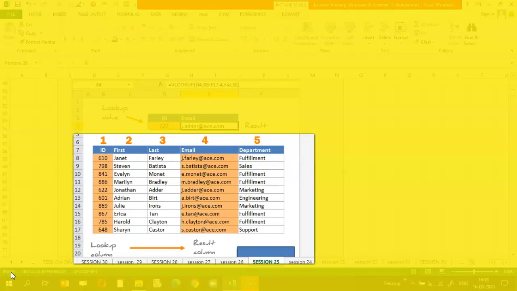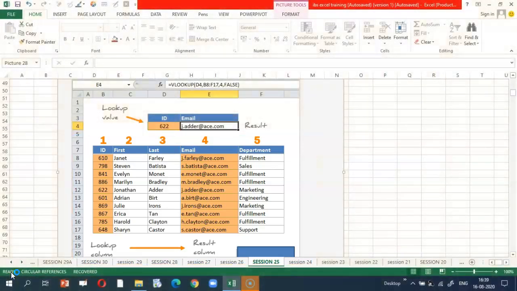If one has a well-structured table with information arranged vertically and a column on the left which you can use to match a row, you can probably use VLOOKUP. In the above table, the employees' IDs are in column 1 on the left and the email addresses are in column 4 to the right.